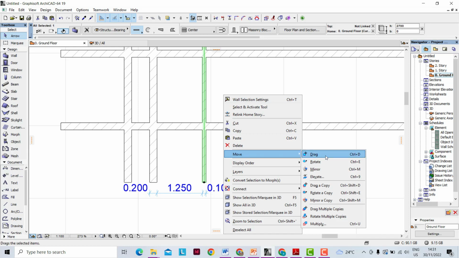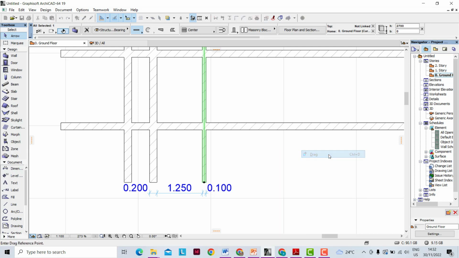The command for dragging is Control D, so we can either use the cursor and click on drag, or we can use the keys and press Control D. But we've already clicked the command, so we need now to click on the wall, displace it a little bit, and then put the command for entering dimensions, that is Shift R, then we put 50, and then now we have achieved